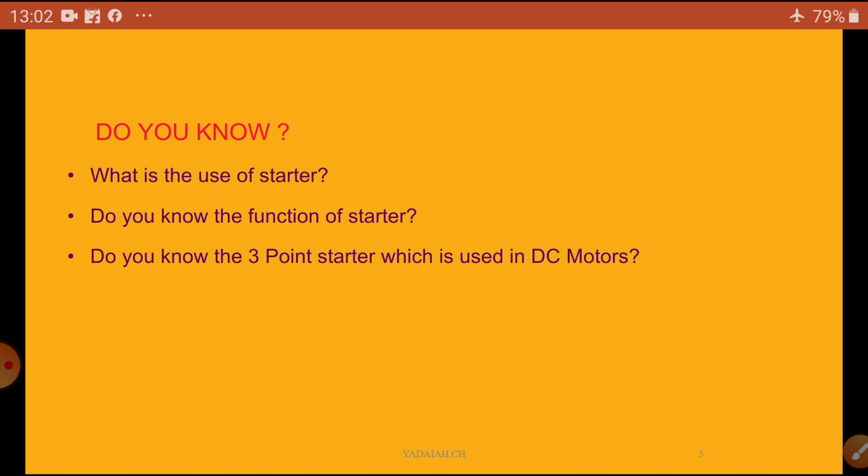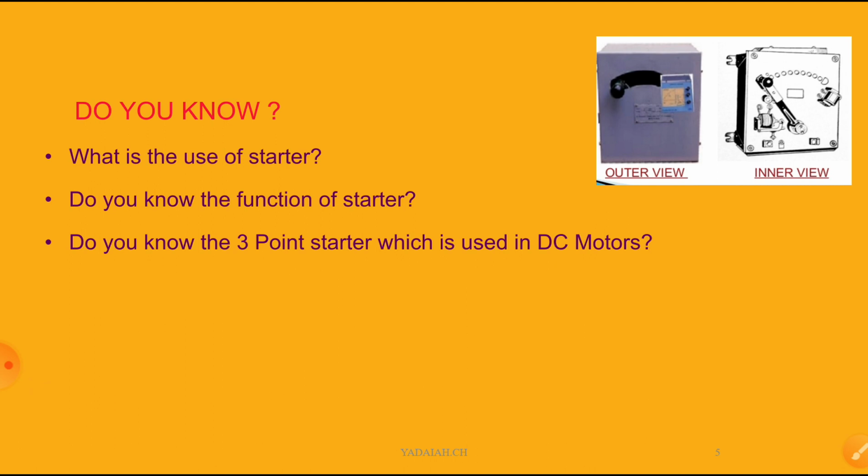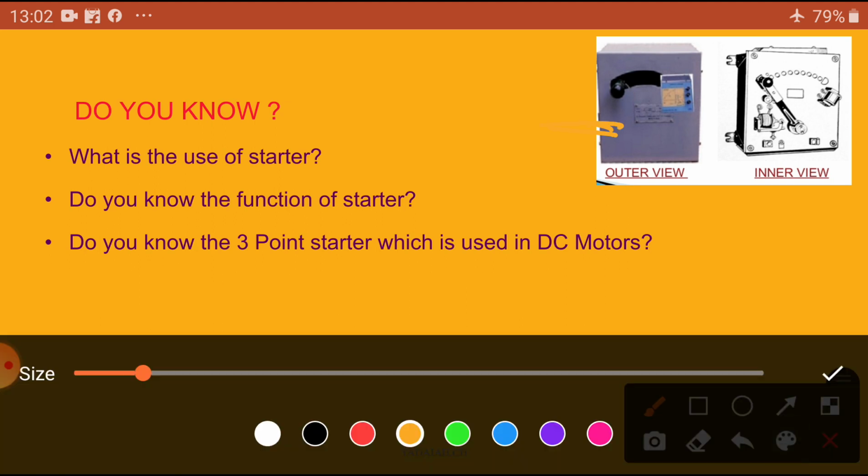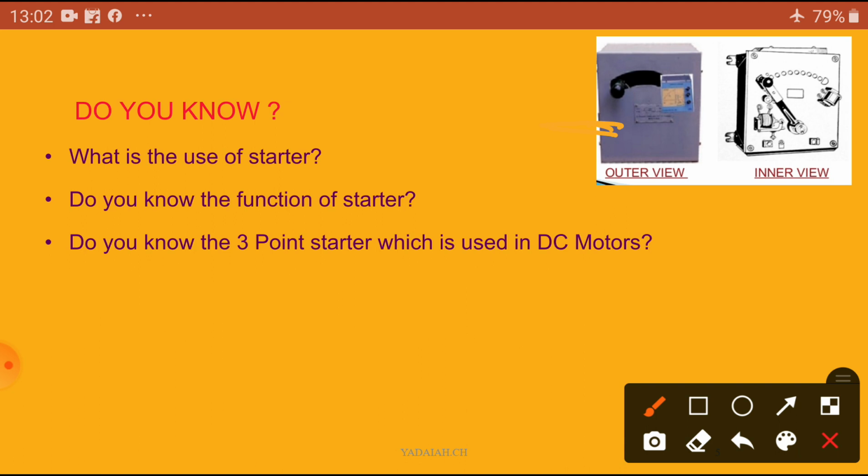Now, what is the figure? Have you remembered that thing? You can see here, this is an outer view, first case. And if you open this one, then I can see the internal parts. It has a stud, high resistance values, no load coil and overload coil. What are their functions? Already we discussed in second year level.